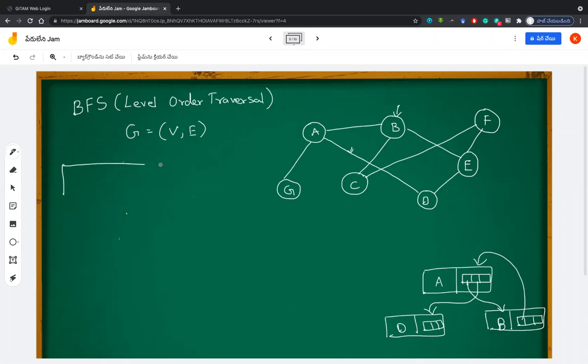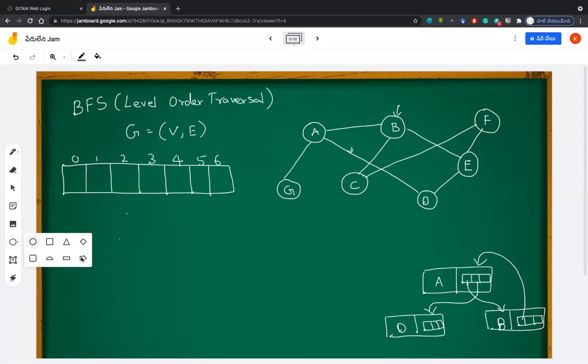Let's have a queue. So breadth first search depends on a queue. So maybe it's 0, 1, 2, 3, 4, 5, and 6. Let me draw a small pointer to represent what is rear and what is current.